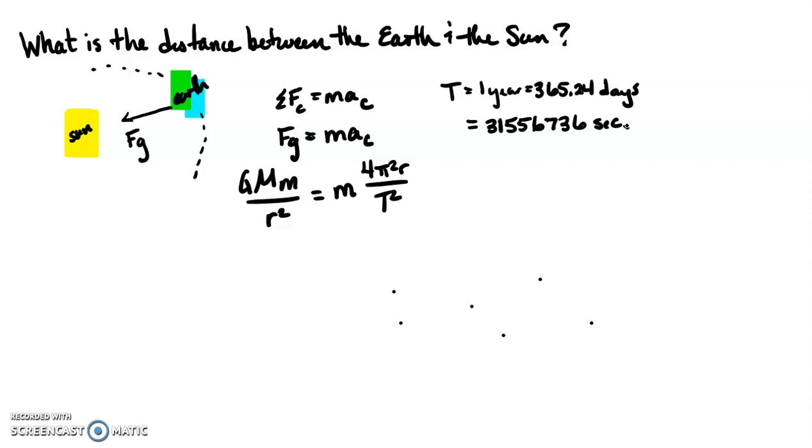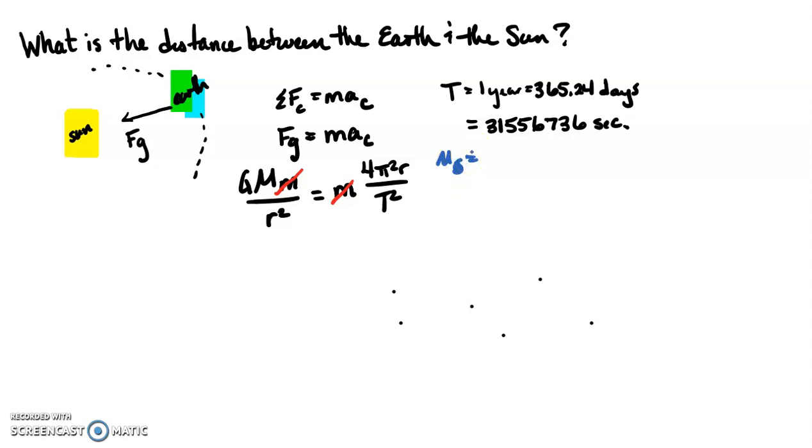All right, so now that we know that, let's go through here. Let's see. Oh, look. This m and that m cancel out. Now remember, the big M is the mass of the object creating the field, and the little m is the mass of the object in the field. So the little m is Earth, and the big M is the Sun. So we don't need to know the mass of the Earth, but we do need to know the mass of the Sun. And you know what? I do not know that off the top of my head, but Google knows. And I already Googled it. So mass of the Sun is